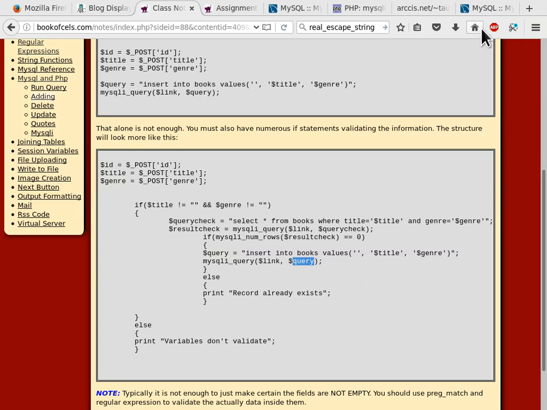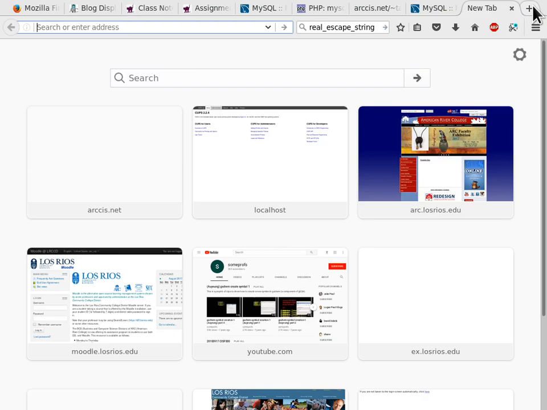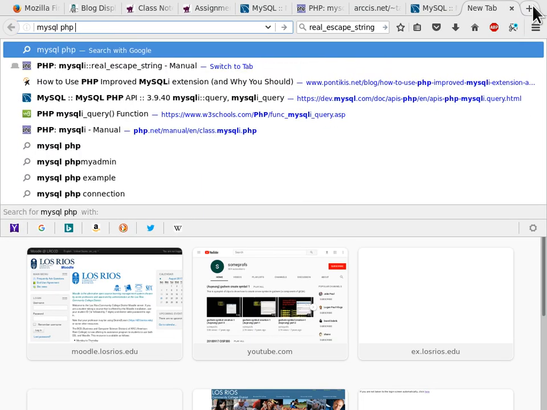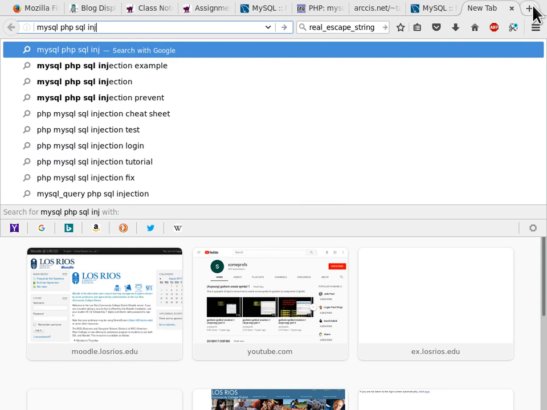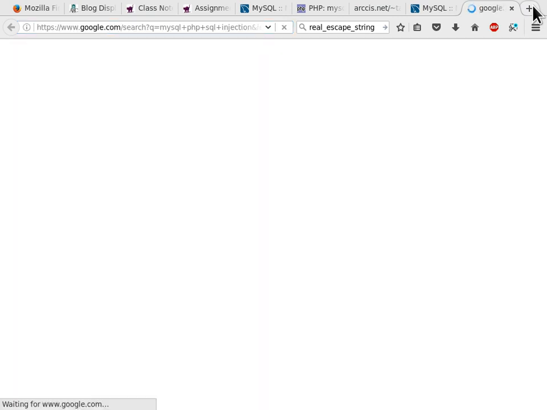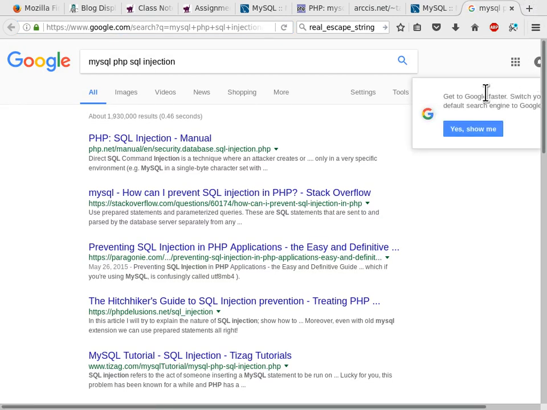At this point, I would like to direct your attention to the following: MySQL, PHP, SQL injection. There are tons of examples of that. You might want to read it because it is actually a serious kind of threat, especially when your website may contain sensitive data. And sometimes, even if your database does not contain sensitive data, people can use your website as a launch pad to launch attacks on other sites. And those kinds of attacks are called